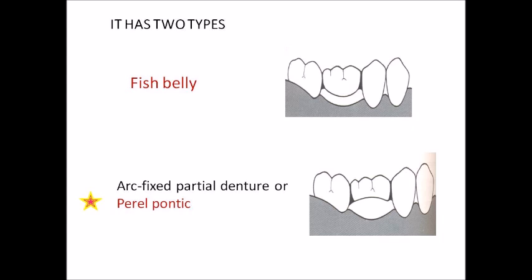Due to this design, the pearl pontic has an increased strength and increased bulk in the connector region. And also the access for cleaning is available without inducing any stress on the connector. So this is a more durable kind of a pontic when compared to a sanitary pontic. In sanitary pontic, the connector height is less.